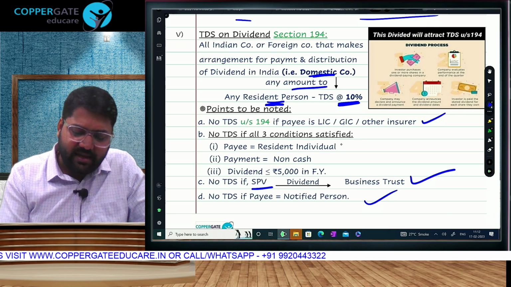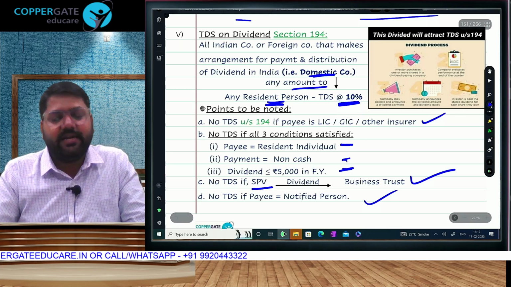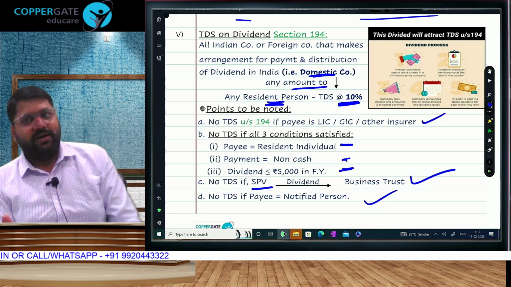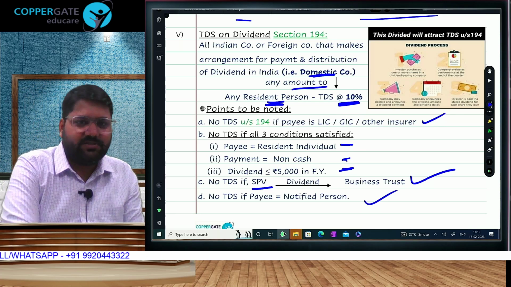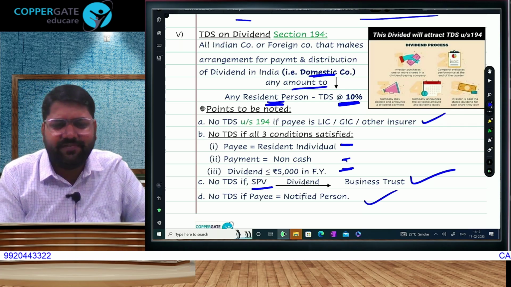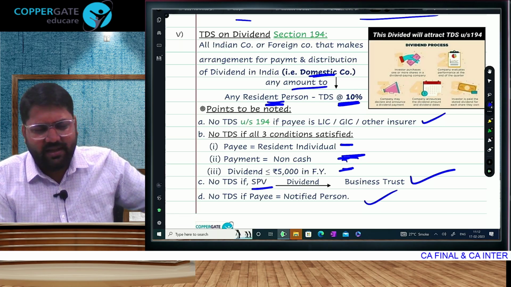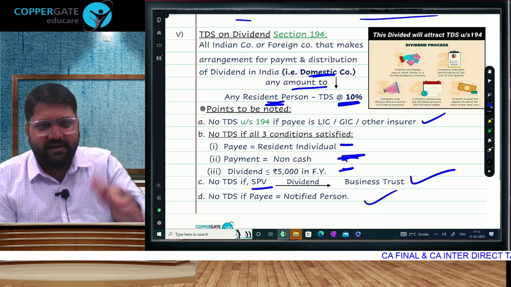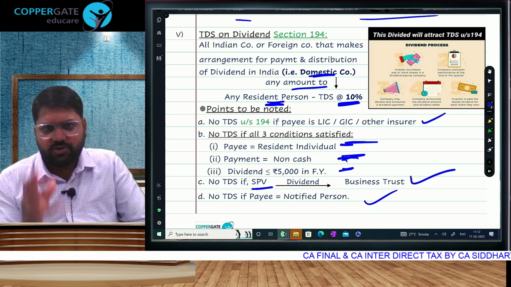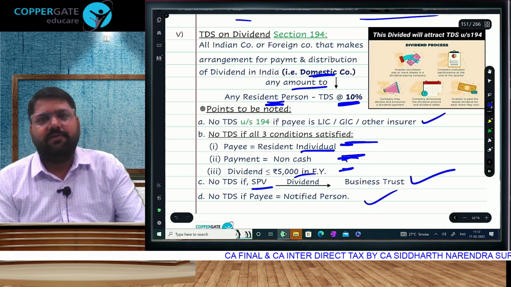And if payee is resident individual, dividend up to 5,000 in a year other than cash. For example, MRF declared 3 rupees per share dividend. MRF's share is almost 90,000 rupees. 3 rupees dividend. Supposing a person has 10 shares, so 30 rupees dividend. So no TDS, but provided it is non-cash. Nowadays everything is non-cash. They do directly NEFT in your bank account or they add in your demat balance, and payee has to be a resident individual. So there will be no TDS on small amounts. Although there is no monetary threshold, for resident individual up to 5,000 there will be no TDS.